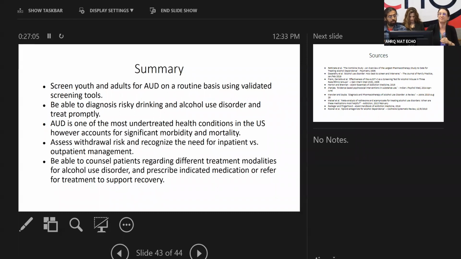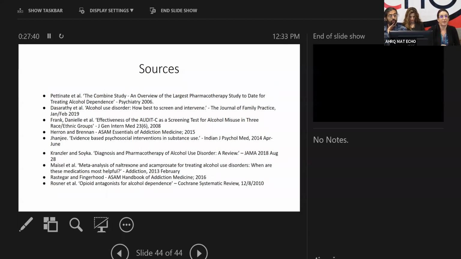So in summary, please screen youth and adults on a routine basis using validated screening tools, and feel comfortable recognizing risky drinking and diagnosing alcohol use disorder so that we can promptly offer treatment. It is one of the most undertreated health conditions in the US. It's important to be able to assess withdrawal and recognize if a patient needs inpatient versus outpatient management, and also to be comfortable with the different treatment modalities involving both medication and therapy. So we can open it up maybe to a couple quick questions, and then